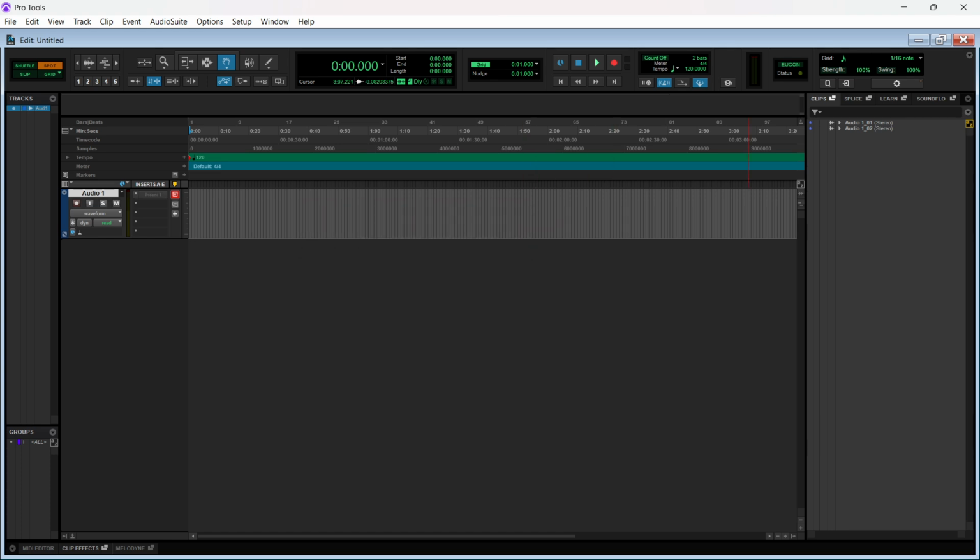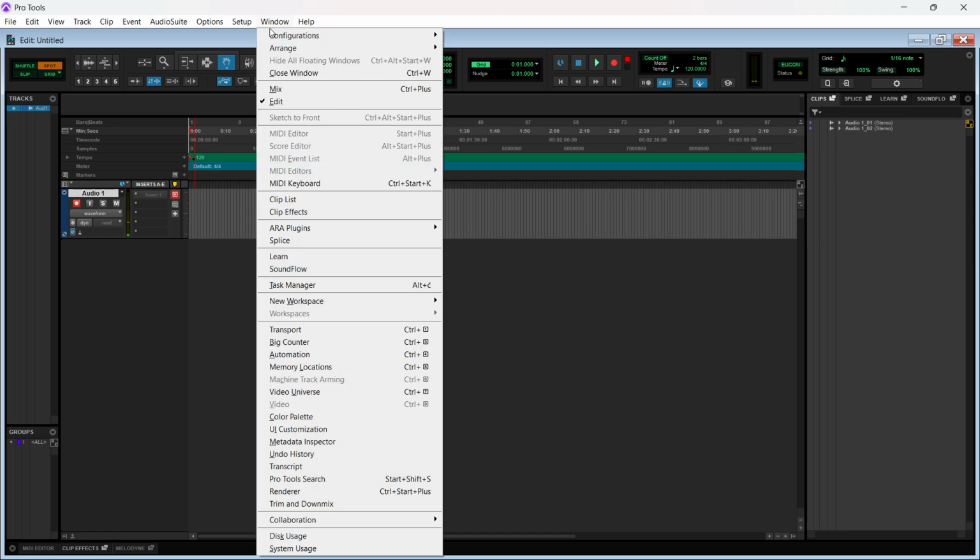Okay, now the second thing you have to do here is enable this recording button. So just click on the record button over here, and as you can see, it says track record enable over here, and you can see here as I'm speaking, it's picking up the audio. So I can now go to window up top, and then in here you want